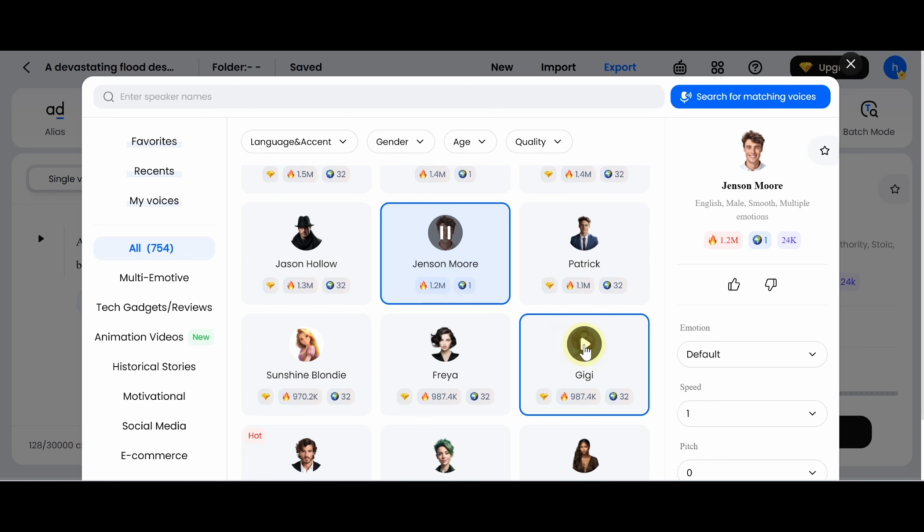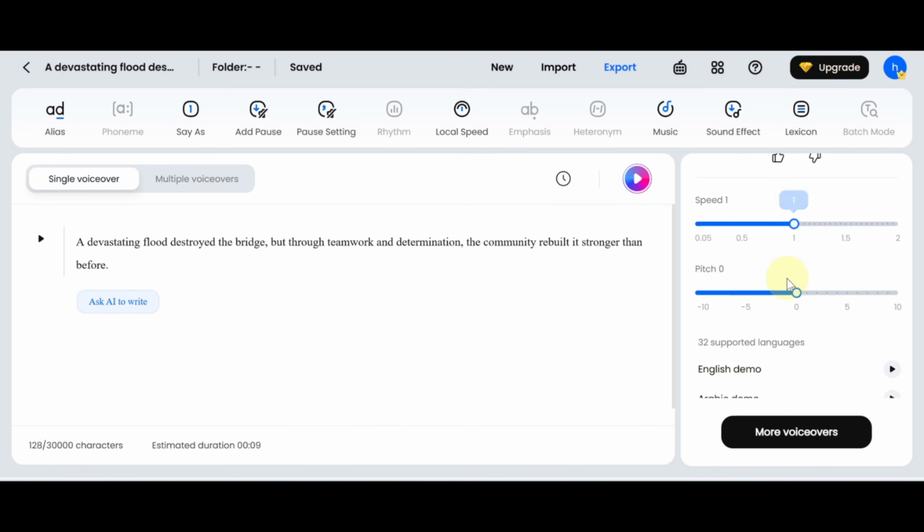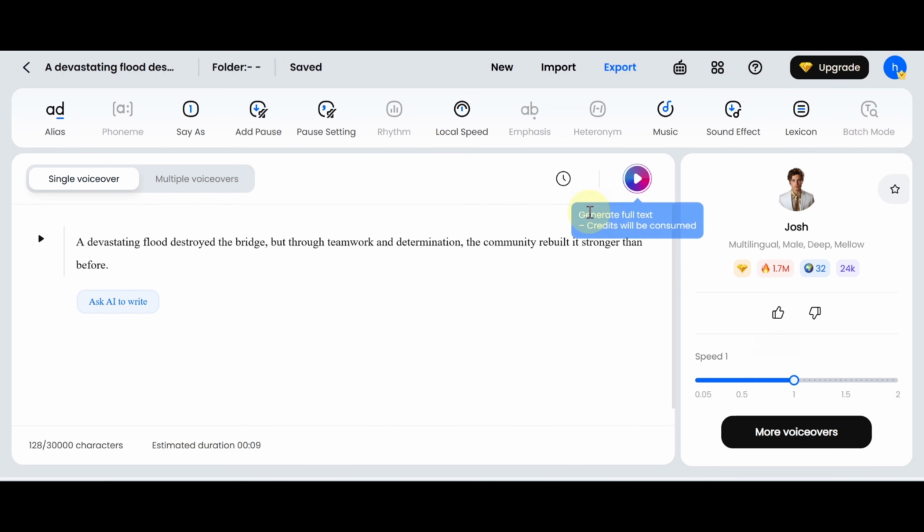You can also adjust the speed or pitch if necessary, although the default settings usually work perfectly fine. Once you're satisfied, click Generate, listen to the final output,